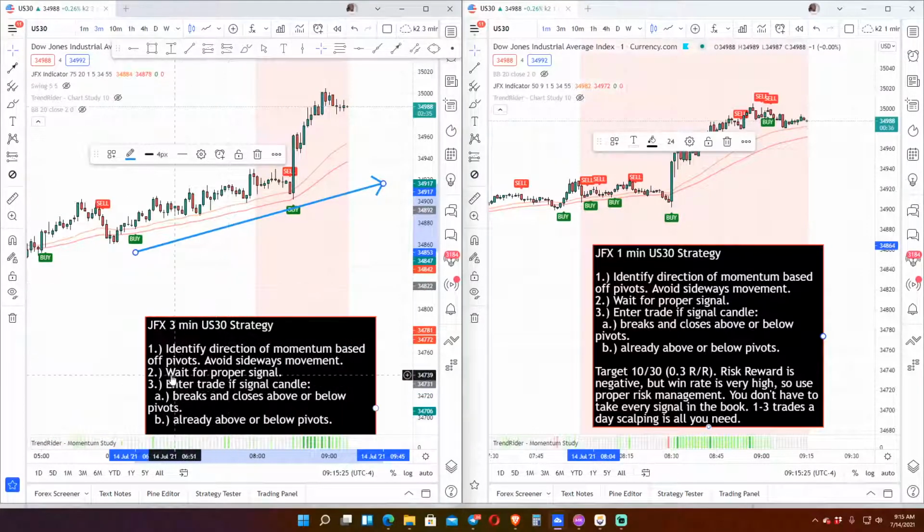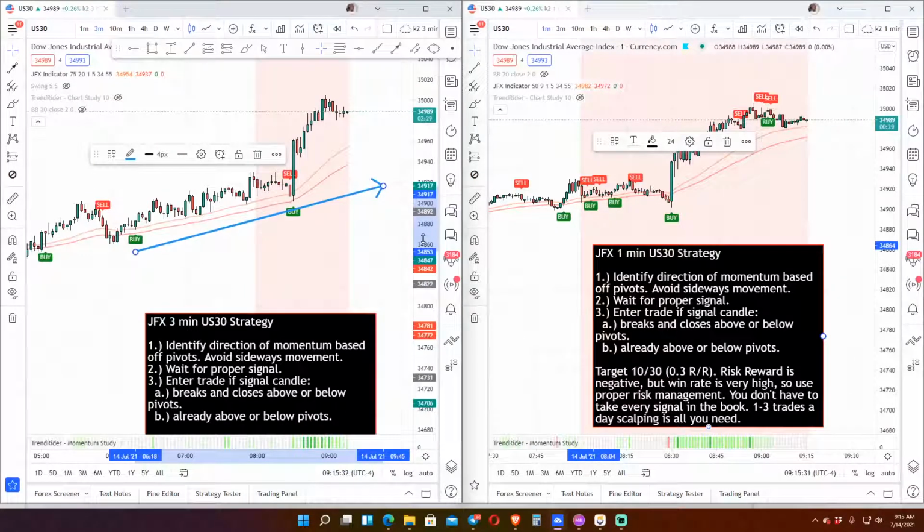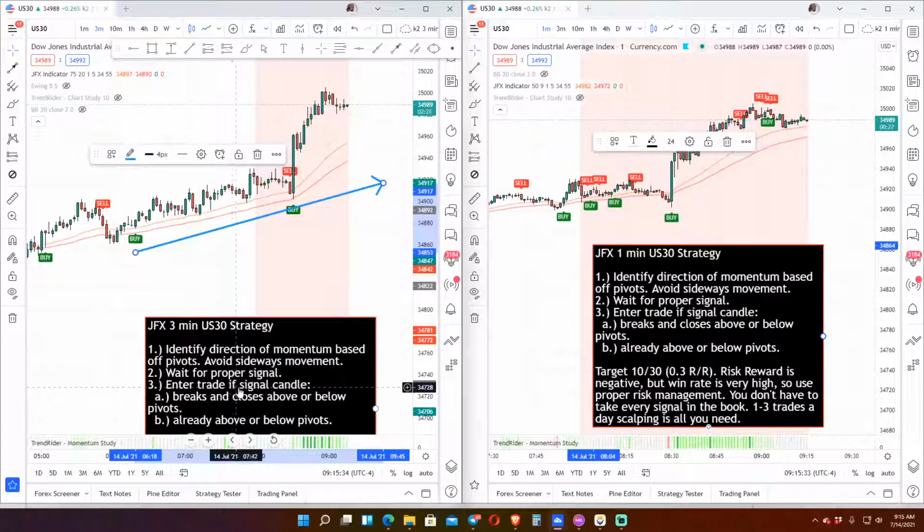All right. So now number 2 says wait for the proper signal. And what I mean by proper signal is this. We enter the trade if a signal candle either breaks and closes above or below the pivots, or already is above or below the pivots. So in this situation right here, if we look at this candle right here where it says buy,